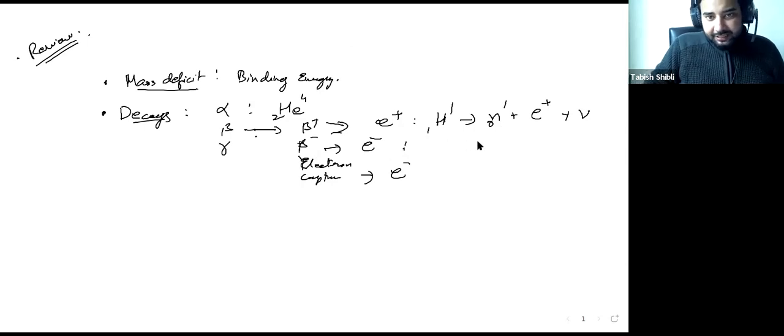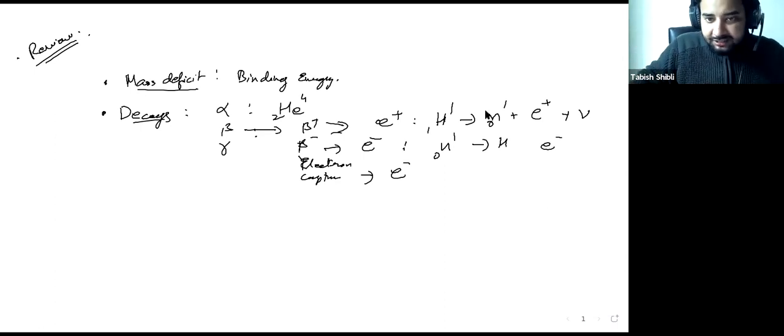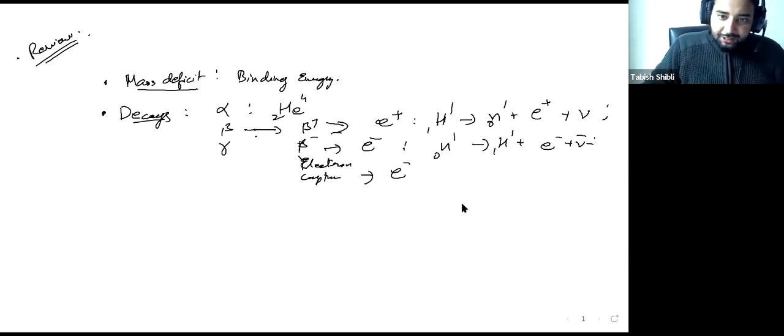In a beta minus decay, an electron comes out. So for an electron to come out, you need to decay a neutron, and since a negative charge is coming out, to balance the charge there should be a positive charge that comes out also. That positive charge is just the proton, and there's an anti-neutrino that comes out as well. We talked about the whole neutrino thing and how this works because of energy conservation and spin conservation, and actually momentum conservation is a problem there as well.